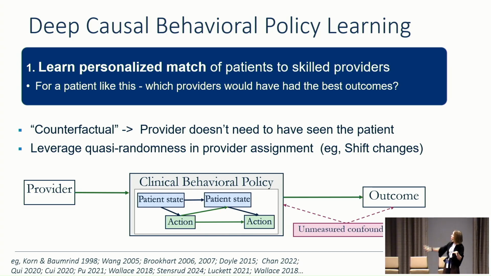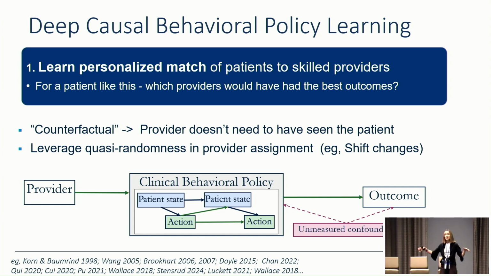So first, this personalized match of patients to skilled providers. So this ties into folks who are familiar. First of all, this is very much within the counterfactual framework of causal inference. When we ask this question, we're essentially saying, how would outcomes have differed for a group of patients if we hypothetically had assigned them to different providers with, say, different skill sets or different backgrounds? Importantly, so this is